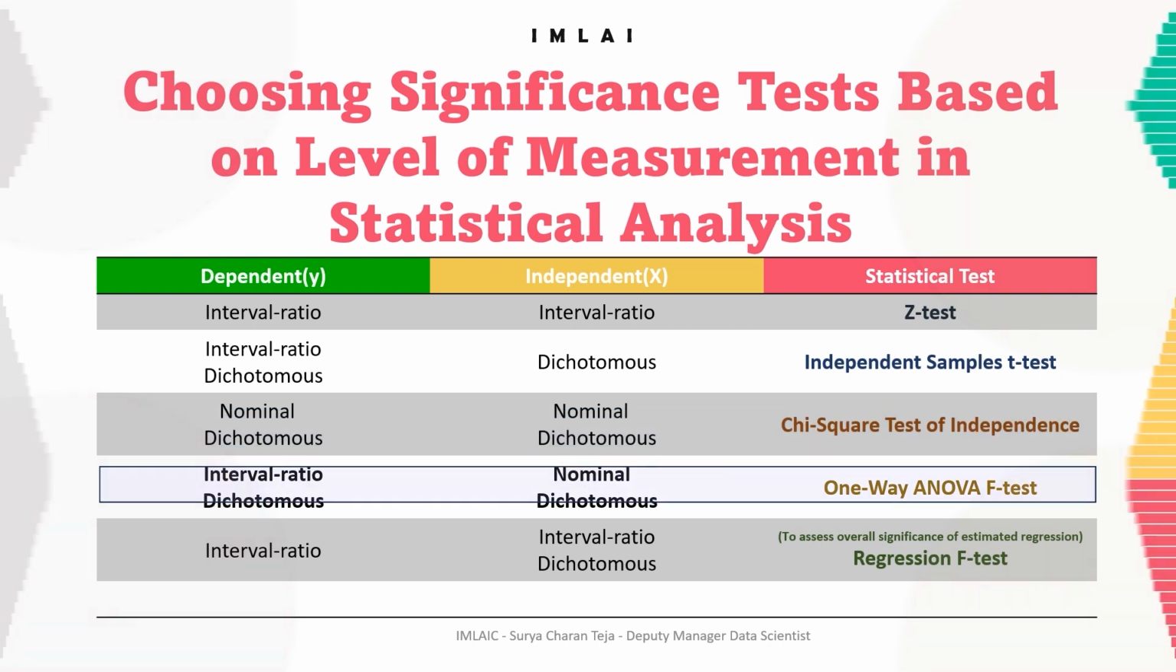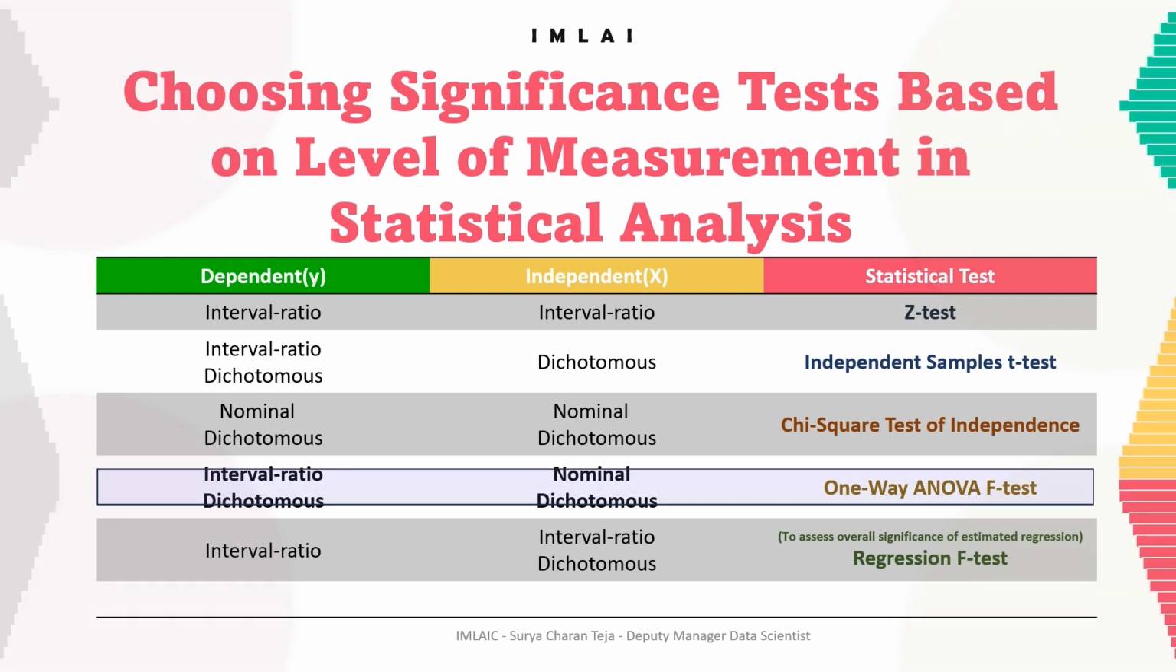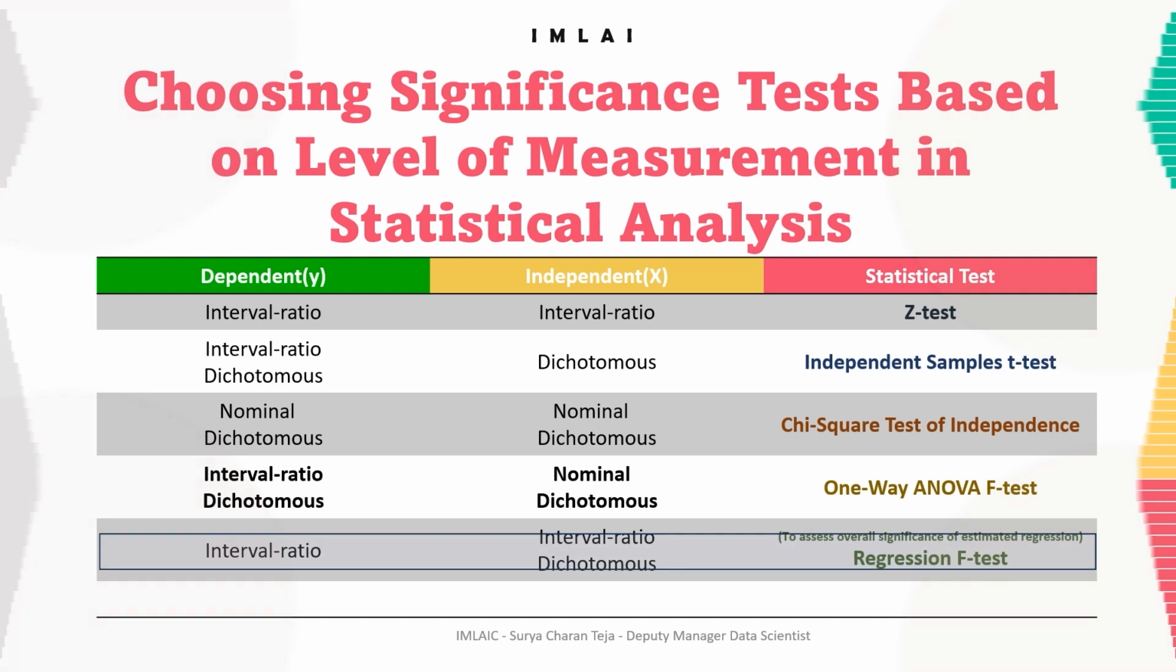Then if your y is interval or ratio and x is nominal, like your y variable is a continuous or discrete numerical variable and x is a nominal or categorical variable, then we can go for the one way ANOVA f-test. And again, if y is dichotomous and x is also dichotomous, you can still use the one way ANOVA f-test. And the last option, if your y is interval or ratio and x is interval or ratio, in that case we can do